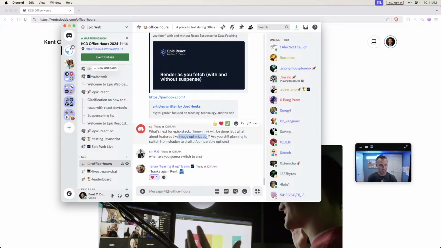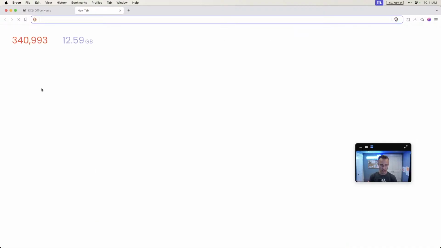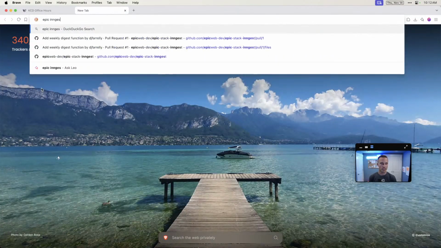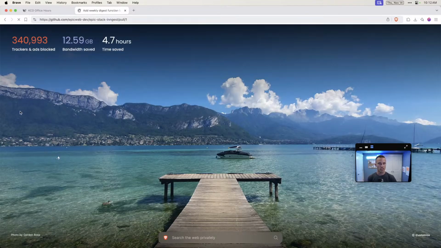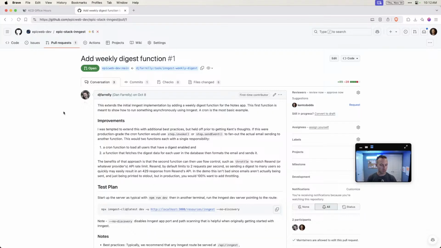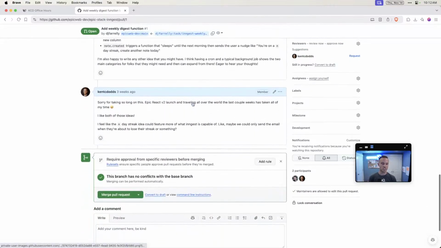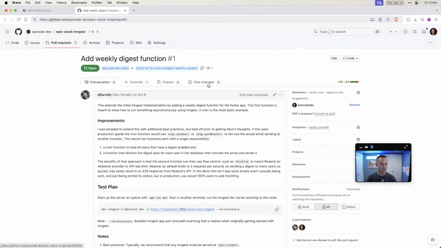Same thing with image optimization. I actually do have Inngest. Yeah, actually, I guess it's on the first pull request. This was way back in October, when I was in the middle of launching Epic React V2, so I give myself a pass, but it has been a while.